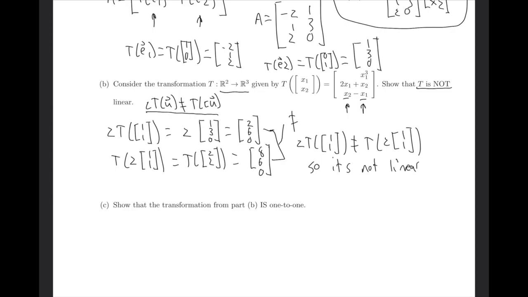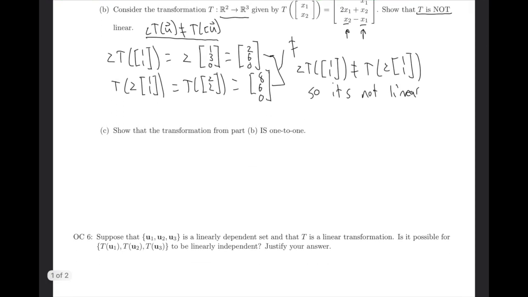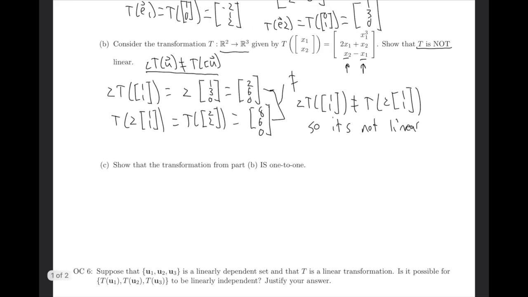Cool. And then moving on to the next bit, it's show that the transformation from part B is 1 to 1. So showing that it's 1 to 1, we want to say that T of U equals T of V implies U is equal to V. So if we plugged in some arbitrary vectors into this, we're plugging in an R2 vector, so U1, U2 is going into here. And then the output for that is going to be